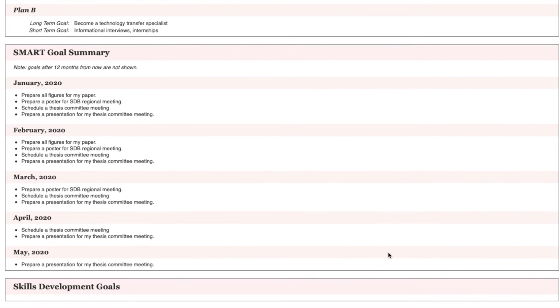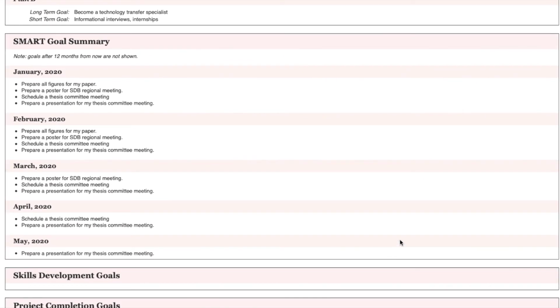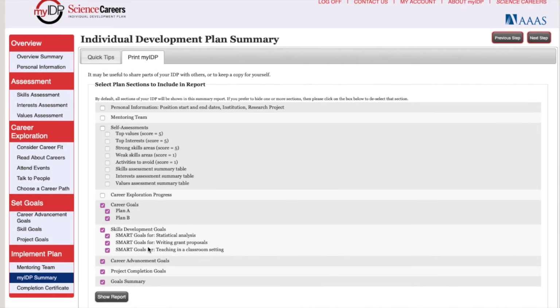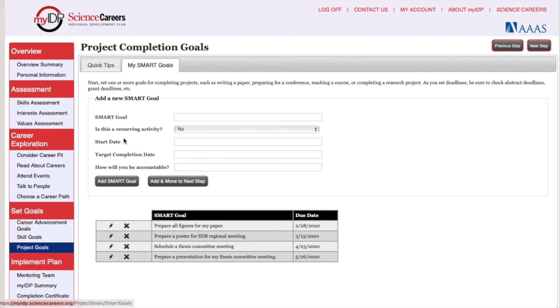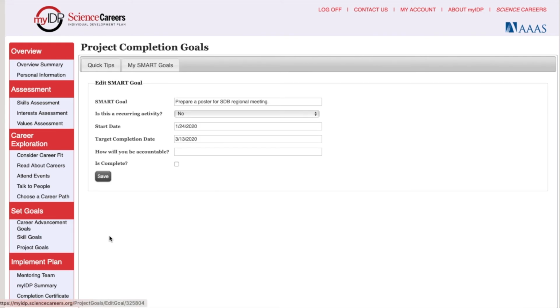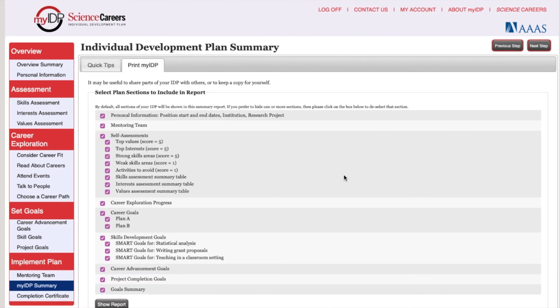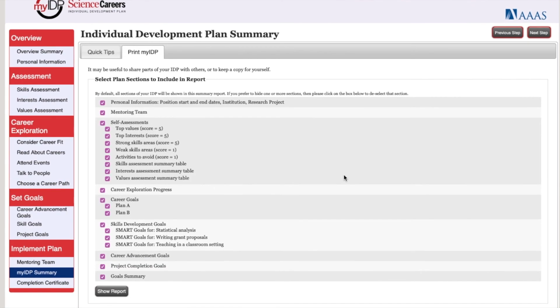Here you'll see your goal summary and your monthly schedule. Is your plan feasible? If you need to make any changes in your career development plan, go back to that specific section and edit your answers to make it better suit your career plans. Once you're satisfied with your plan, download and print your IDP and mark your calendar and planner with your goal due dates, meeting with your mentors, accountability meetings, and informational interviews.